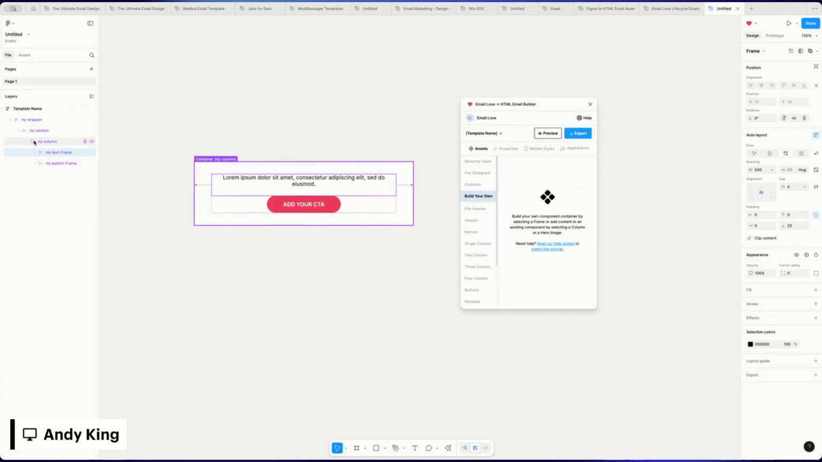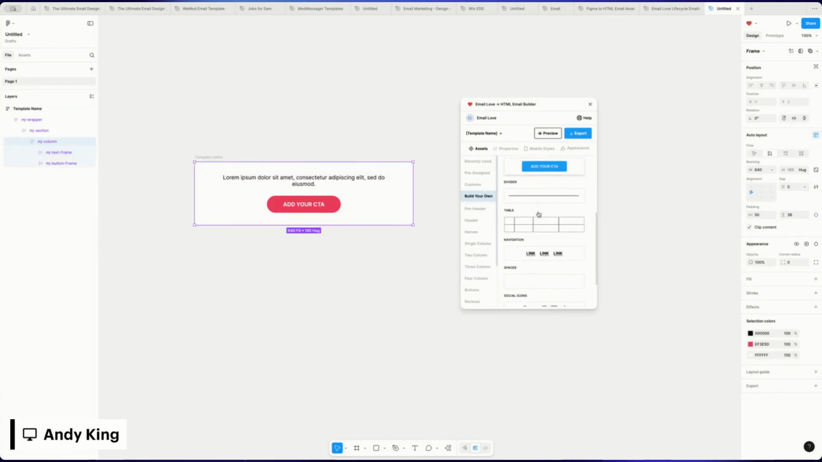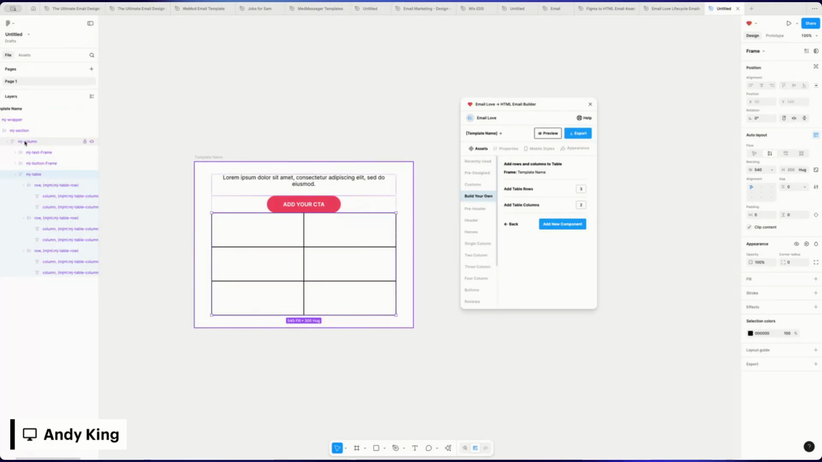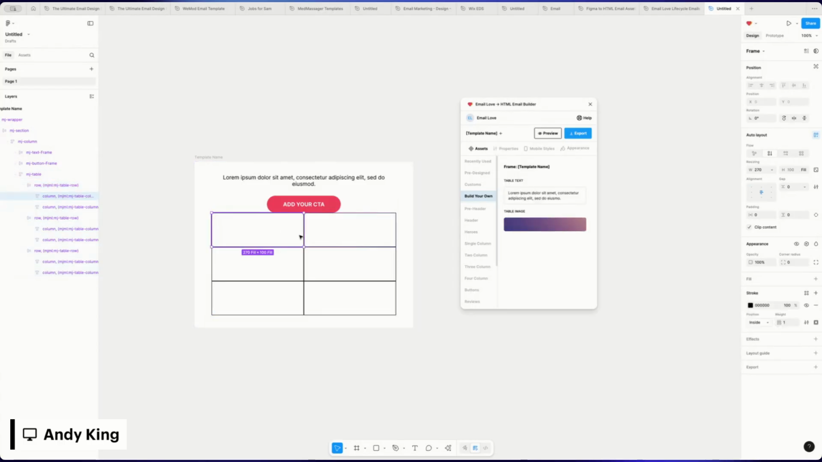Looking at a few other examples, one of the more complex ones is probably MJ table. So if we add a table, let's say we want three rows and 2 columns. If we add that, you can see here to the column, it adds a table. Inside the table, you have the MJ row with its own columns. And what's nice about the table is you can actually move the column widths in different directions